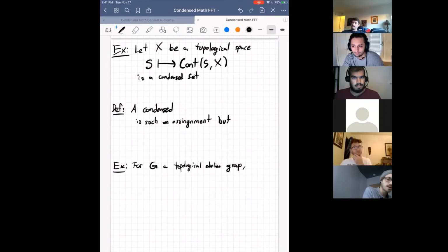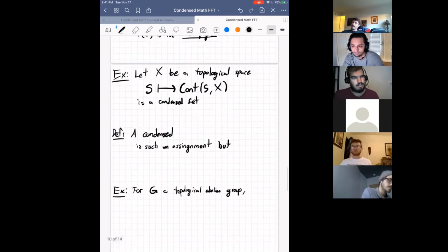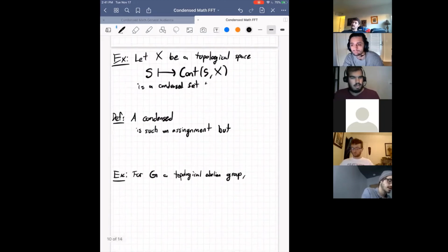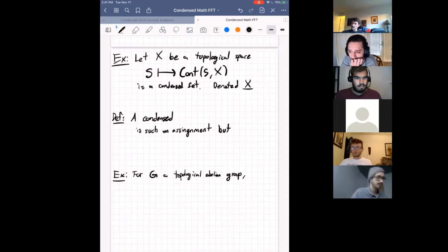And now you see why I wanted my arrows to reverse, because the arrows are going to reverse when I take the condensed sets out of my set, just like what happened with Hom. So this is going to be denoted X underbar. And so now I'm going to make another quick definition. A condensed abelian group. And then I can also do this for,